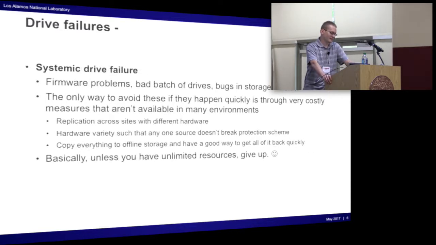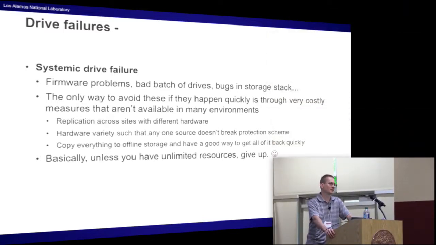And this is the one that I didn't even like writing down, because no one can fix it. If you have a firmware failure that takes out 50% of your drives in the span of a day or two, there's nothing you can do. I just stuck it in here because if I was talking about types of drive failures, there is always the horror case of everything dying because something broke, or you had a power spike that killed everything all at the same time. And some people can afford to replicate across multiple sites to avoid this, or buy from enough vendors that it's not a problem. But when I'm chasing the 4 and change cents per gigabyte storage, we can't afford to do replication to fix this problem. So basically, you give up if something like this happens. At least that's my perspective.